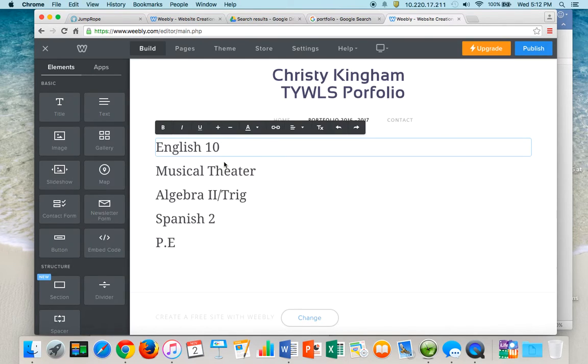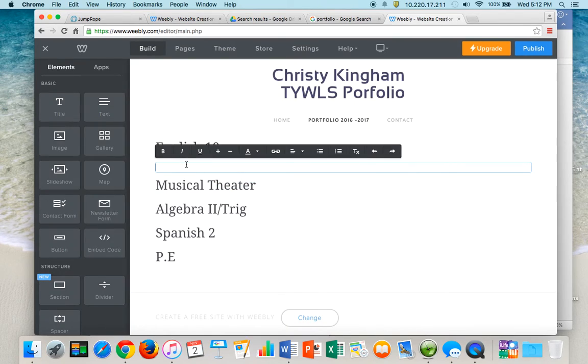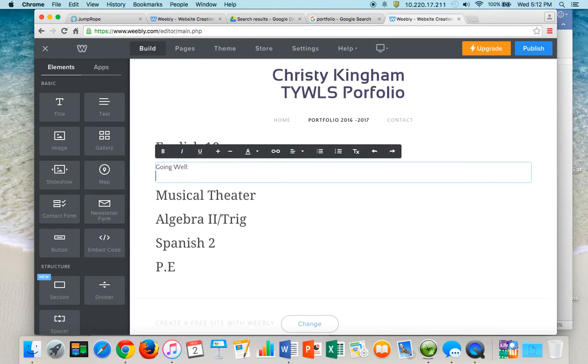Now, for each of these, I then have to put in some links and some reflection. So I think what I'm just going to do is put regular text underneath each, and that's where my reflection will go. So here, I can reflect on how my outcomes are going so far. There's a prompt that you guys will see on my website, on Christy's website, what you're supposed to do for each class. But those of you who have done student-led conferences before, it's the same idea. So I'm going to say, going well, and then I'm going to say,